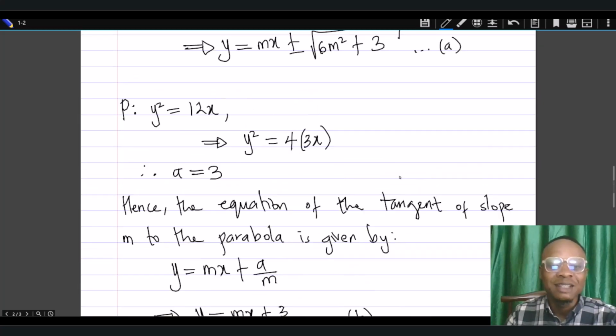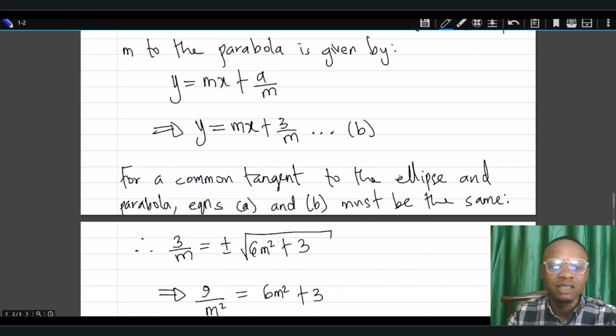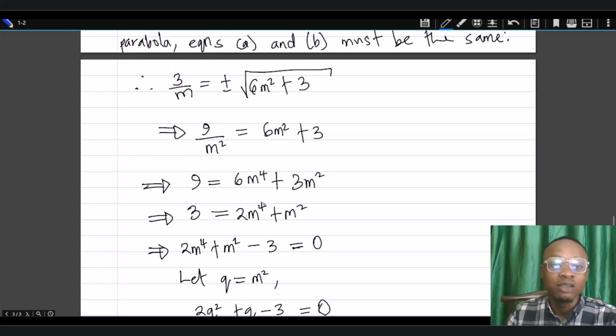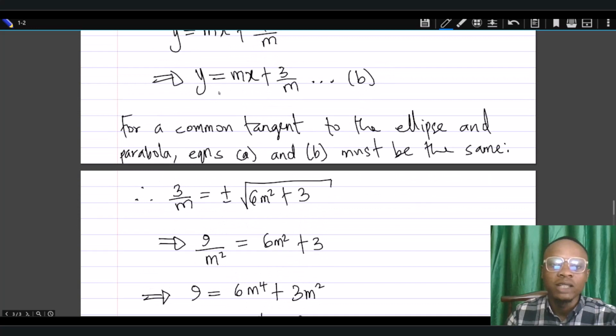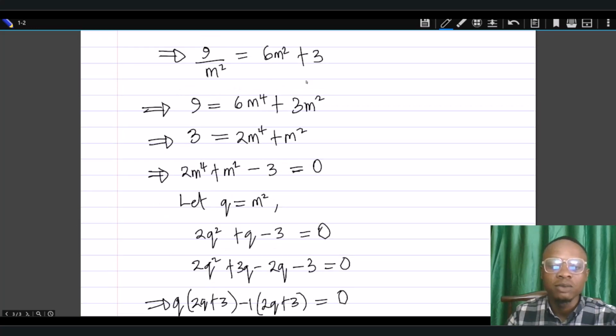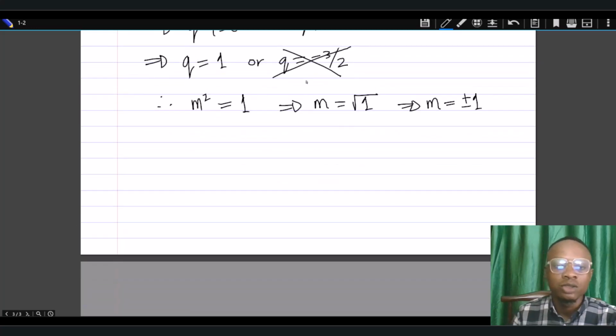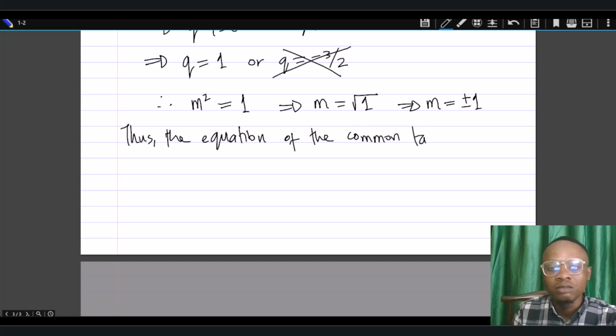So with this, we are good to go. So the equation of that tangent, we can substitute that into any of the two equations, A and B, because those two are equivalent, all right? So we can put that result here. So we have y equals mx plus 3 over m. So we now say that therefore the equation of the common tangent to both of these is, or the common tangent is, or we can say r,